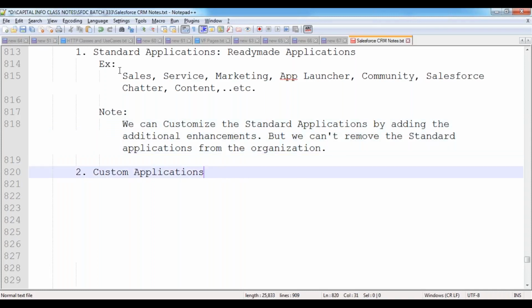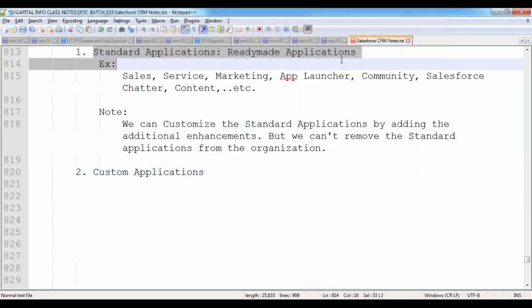Next. As part of the standard applications, Salesforce has given very few, almost 6 to 7 applications, like sales, service, marketing, app launcher, community, Salesforce starter, content. These are the applications. Now we can raise a question, sir, I want some more. I want a banking application. I want a supermarket automation application.